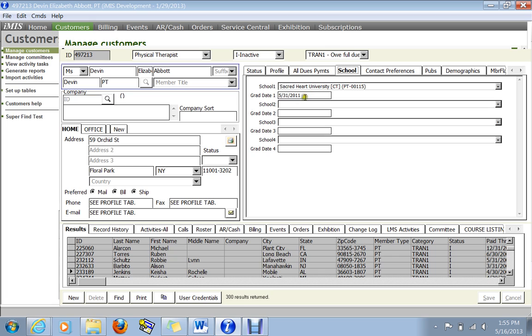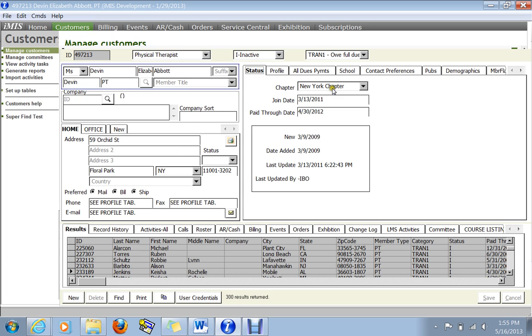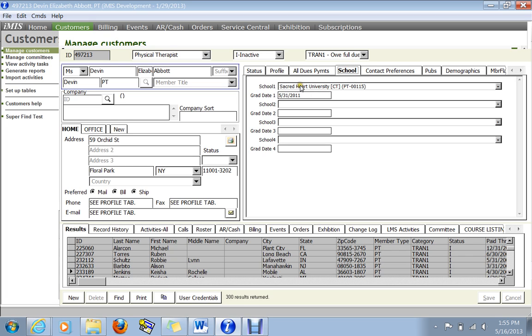Now, when he graduated, he turned to a PT Tran, and he then became eligible to pay the half dues, half of the national, and in this case, because the person is located in New York, half of the New York chapter. Now, he had up until 1 year after his expiration date to pay the PT Tran, or the